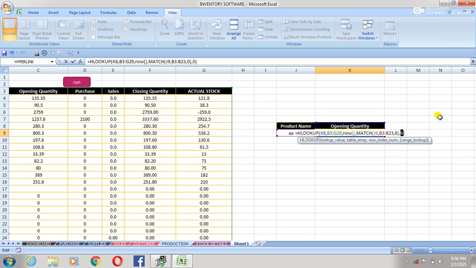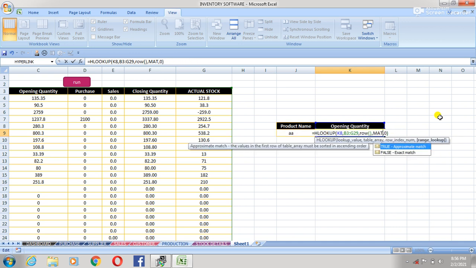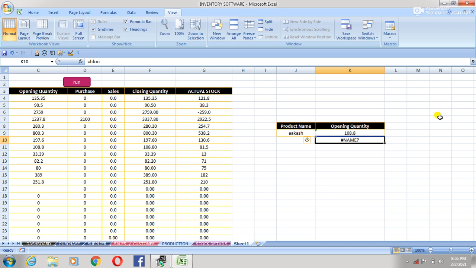Enter. Wait. So delete this row here. Okay, enter. 100 added, because it is equal to ROW, enter. This is row number 9 and this is result number 9.